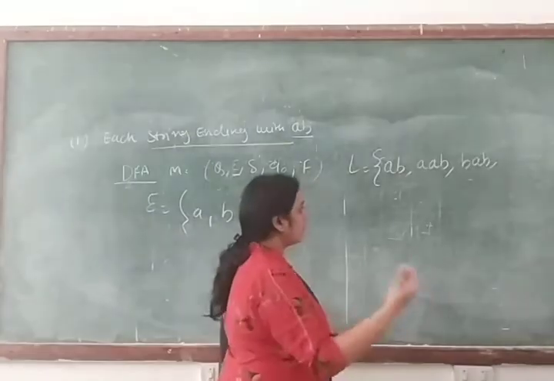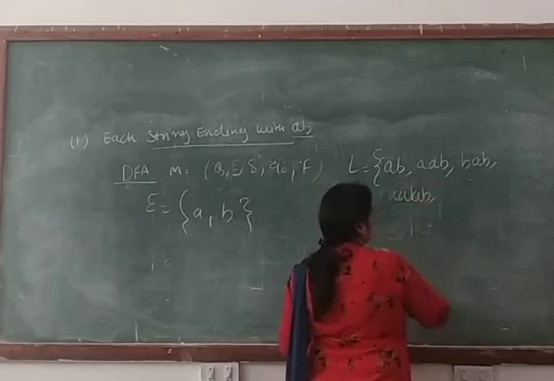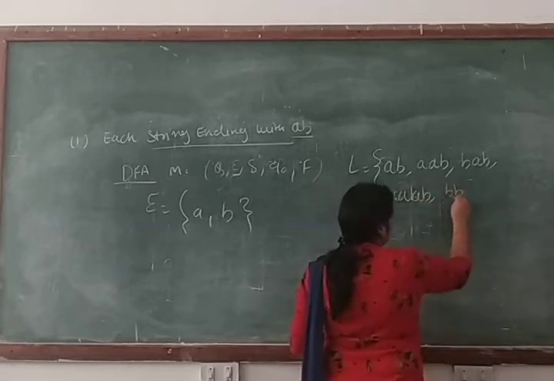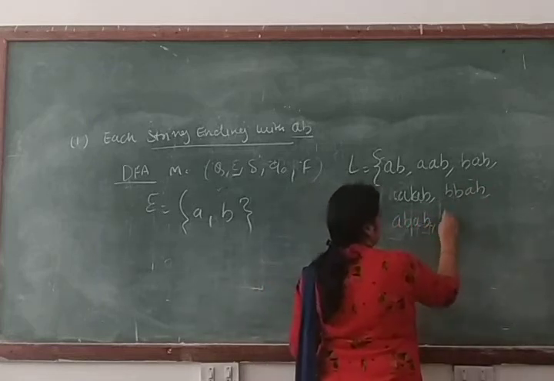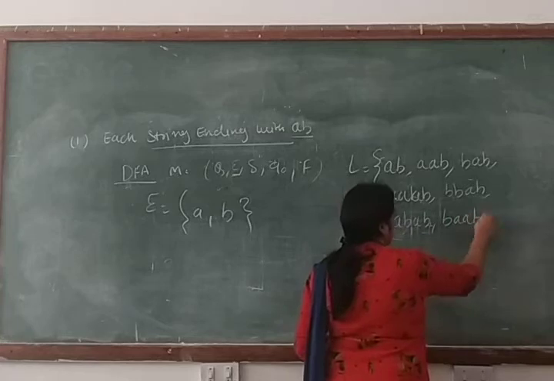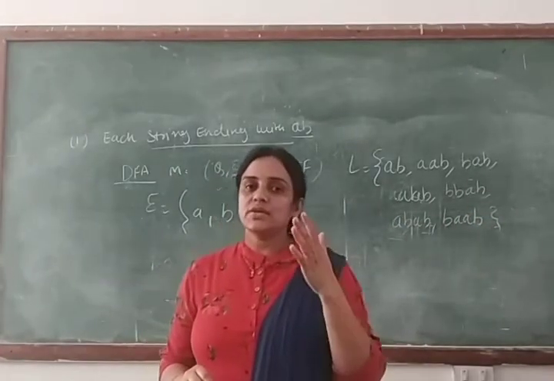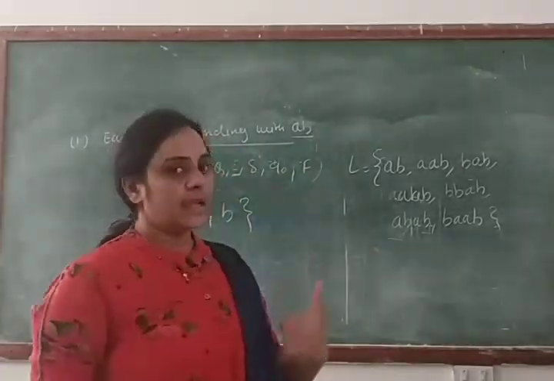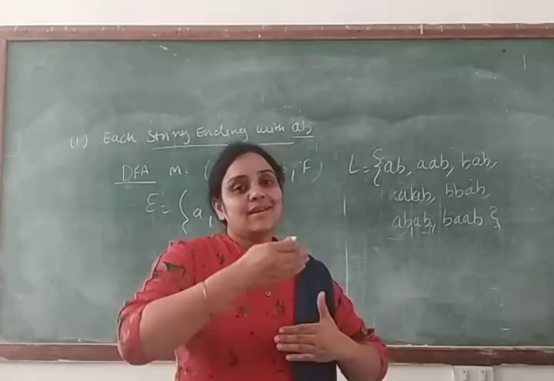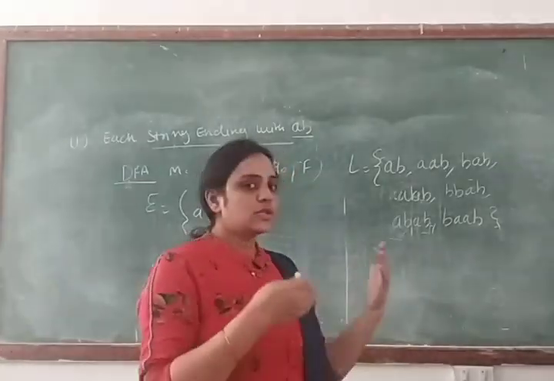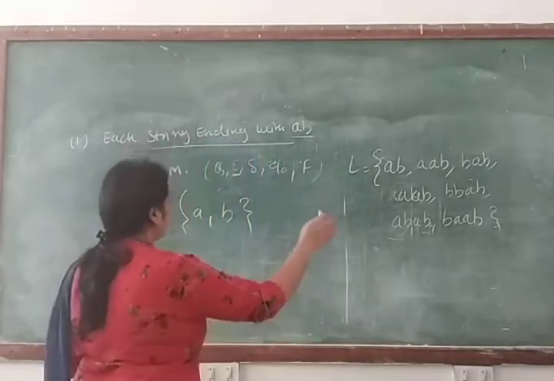Clear? Then 4 length string you can get double A, AB, double B, AB, AB, AB, BA, AB. Clear? To the infinity. So like that you will make strings by using input symbols A, B. First you will start from the smallest length string. After that you will make the next string. Means if your string is 2 length string, then you will make 3 length string, then 4 length string. Like that you will make the machine.